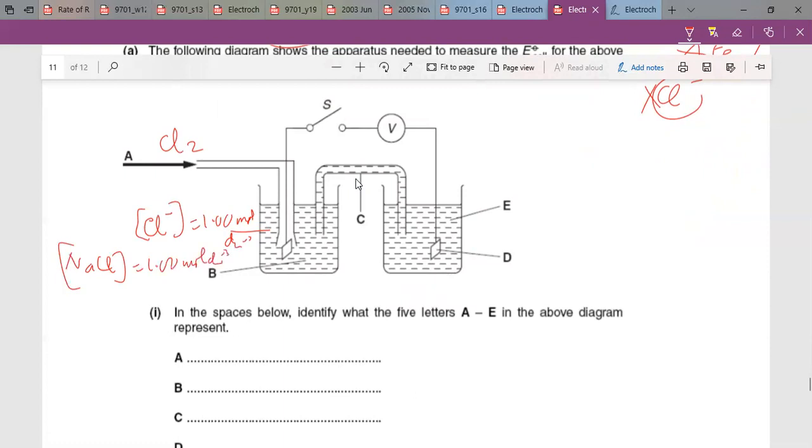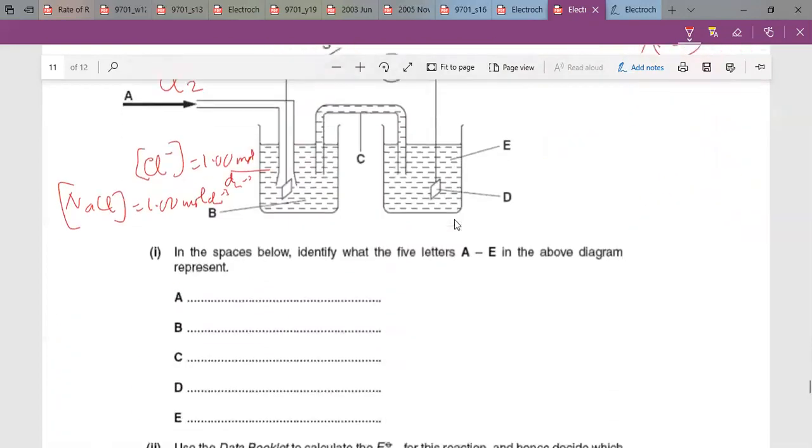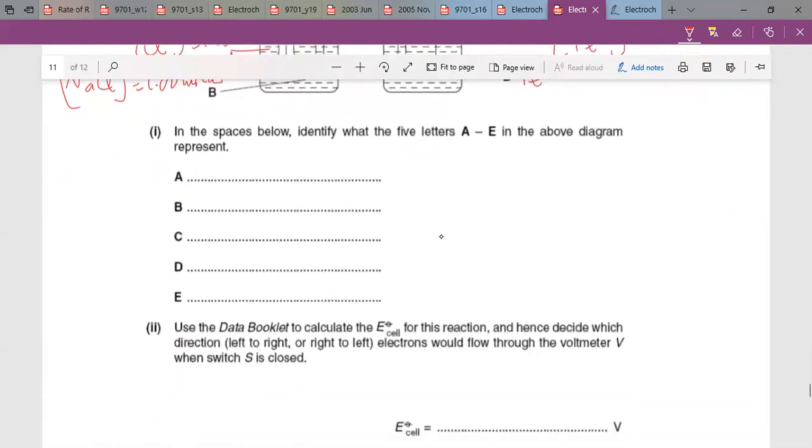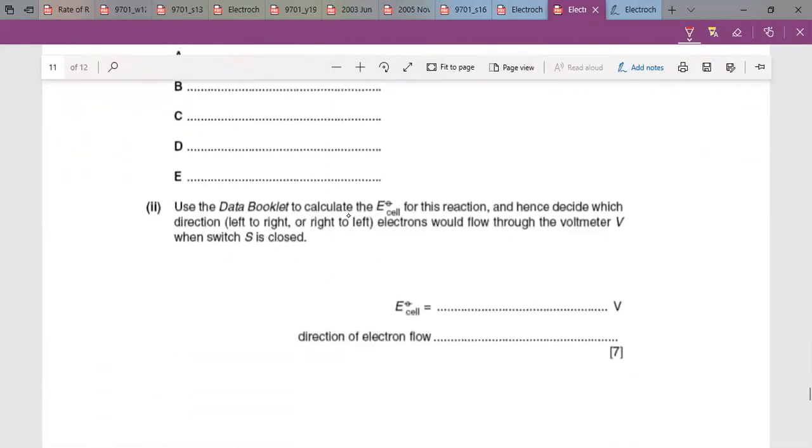So here I have my iron(II) and iron(III). Since there's no metal solid to transfer electrons, I must put platinum here. And of course this half-cell is made of two things: Fe2+ and also Fe3+, each at 1.00 mole per dm cube. Now that's how you determine it. So use the data booklet to calculate the E cell. See now, this is the use of your